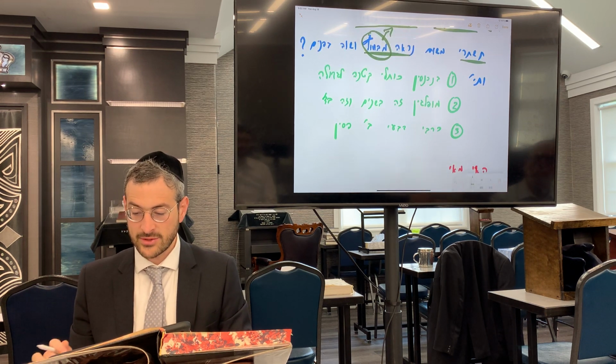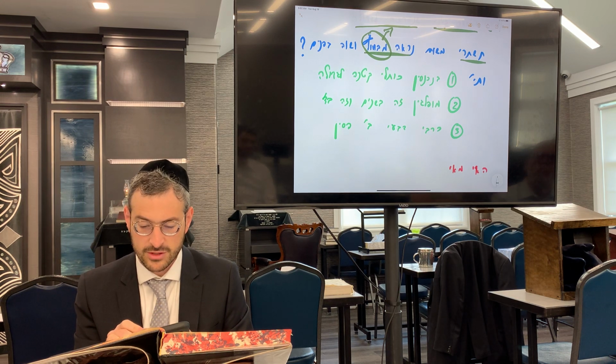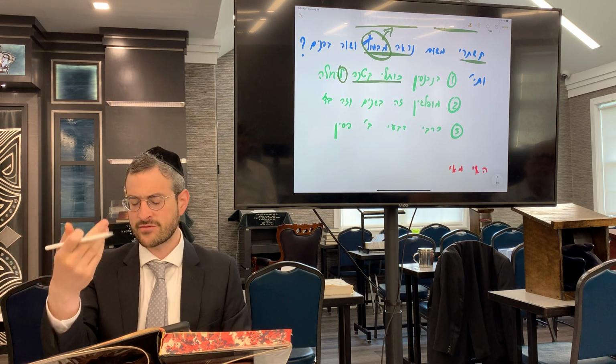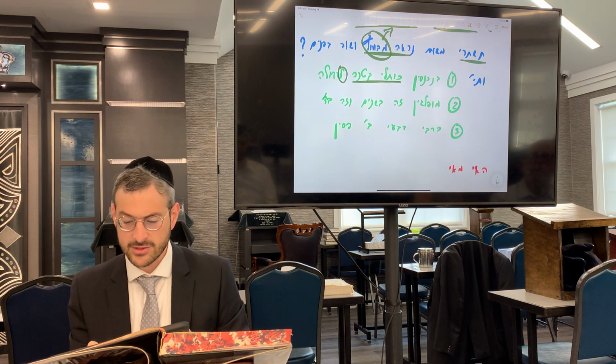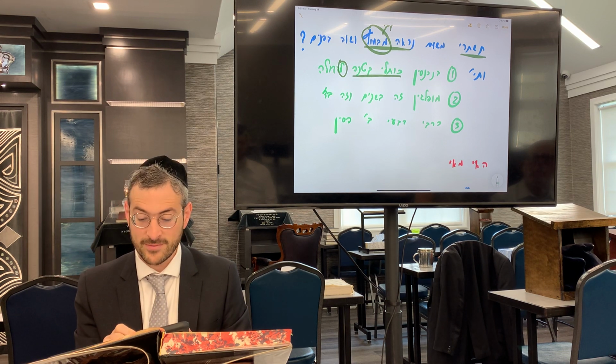So we had an answer that we said based on 3 different criteria. We said, okay, wait a second. First of all, the walls of the small are going into the larger one. So therefore you can't see it as part of the nir b'chutz, as if it's part of the walls of the smaller one, albeit that you can only see it from the outside. So the Gemara says, okay, wait a second, but then say lavud. So he said, no. Because the big one is bigger than the smaller one,